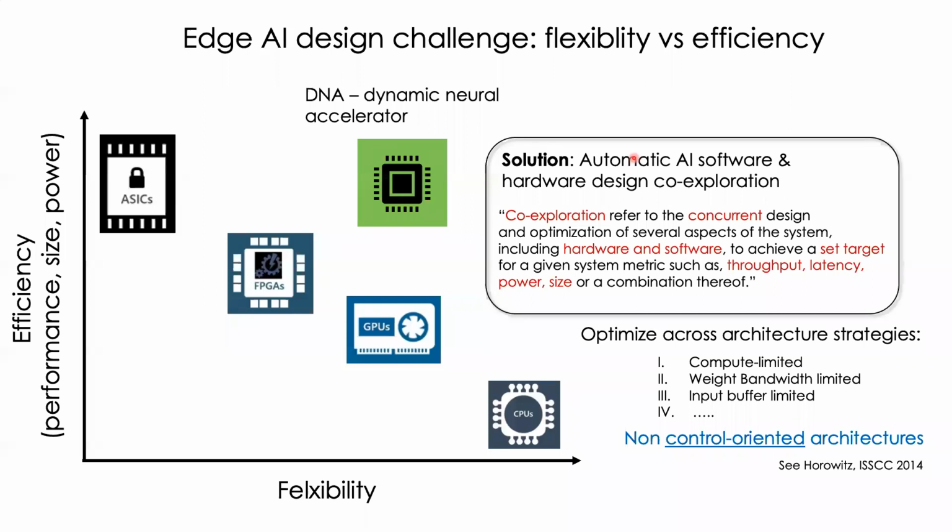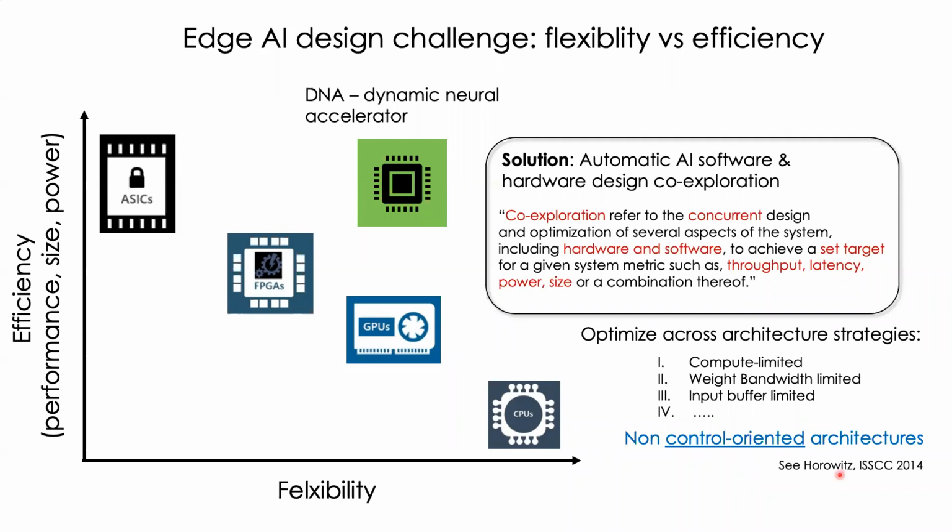Secondly, what you're really optimizing here is that you're optimizing across architecture strategies. What that means is almost all, if not all, current generation general purpose compute are essentially based on what we call the von Neumann architecture. And they're all essentially control-oriented architectures. That means the largest amount of your energy expense in a general purpose compute is spent on essentially the control and not on your compute and memory.